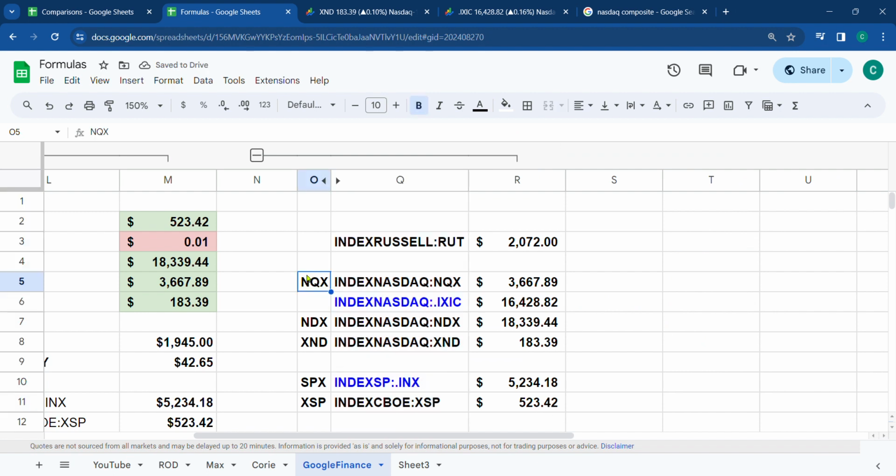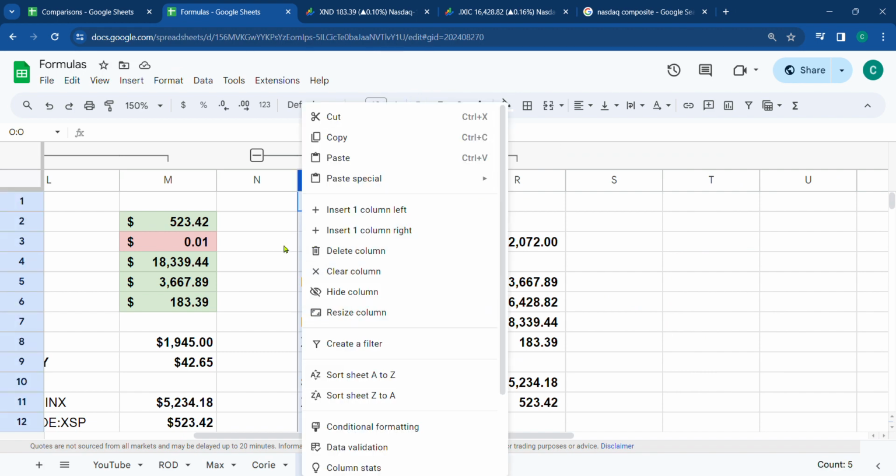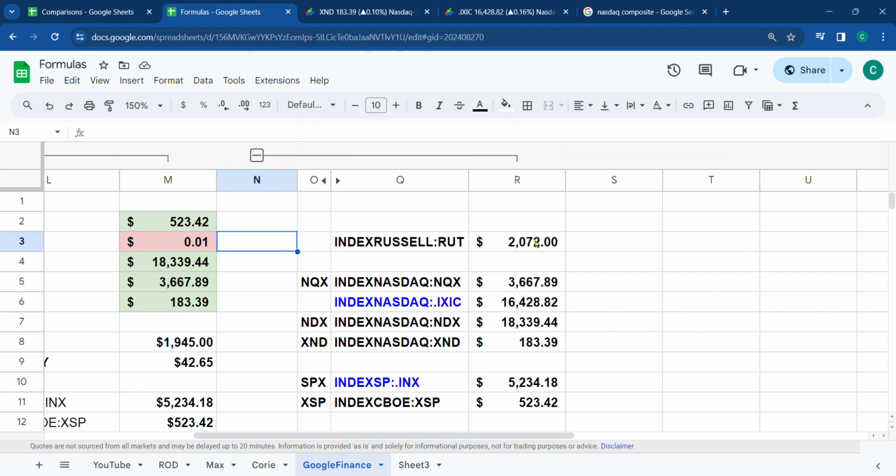If you just wanted to see this, you could still create a column like this, hide it, and still reference this column, but then just have the actual data you're wanting to see. So all of these just reference that. And then of course, we talked about in a previous video, if you are wanting to pull this data by date,